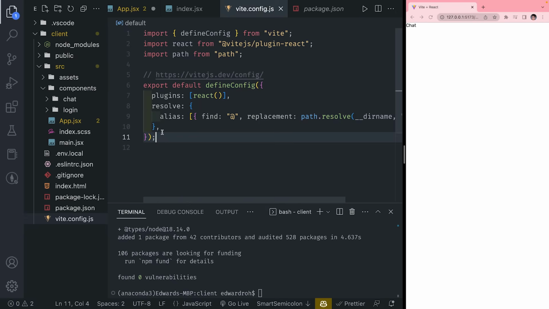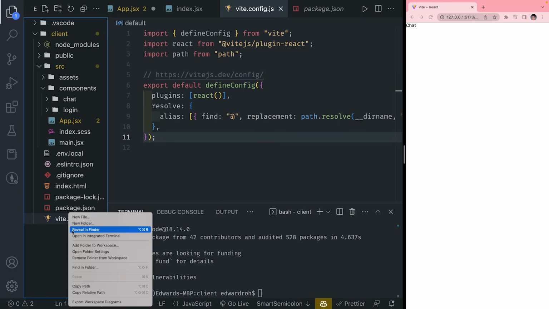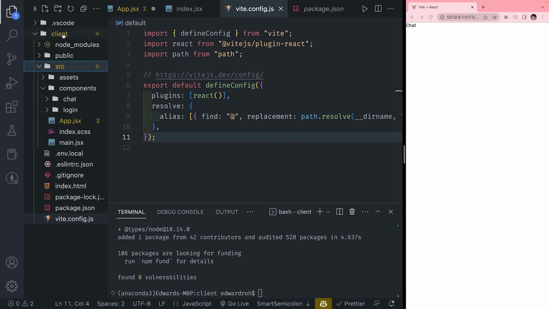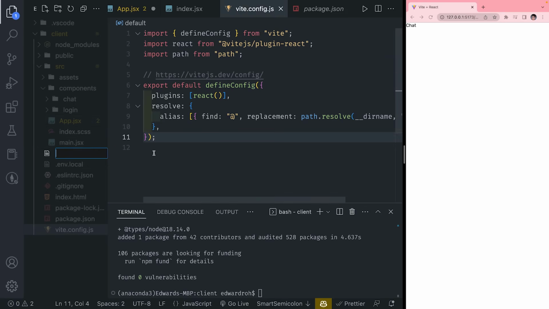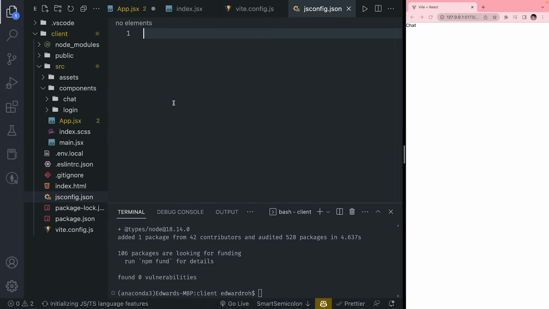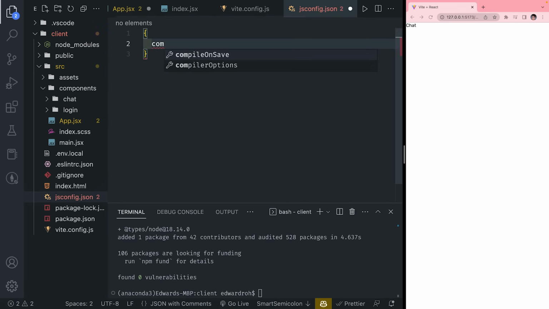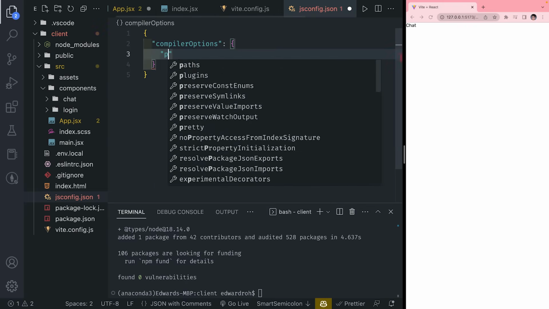We're going to save that, and then we're going to go and create a new file inside our client directory, and we're going to call this jsconfig.json. And inside here, all I need to do is do compilerOptions, and then we're going to set paths,